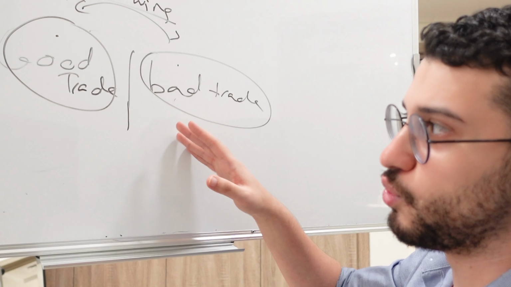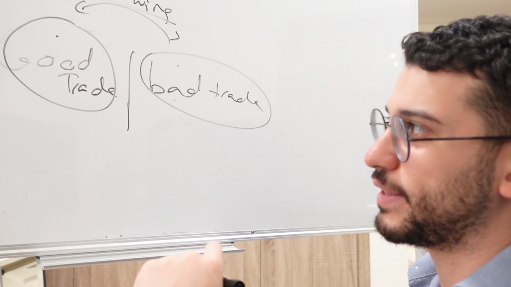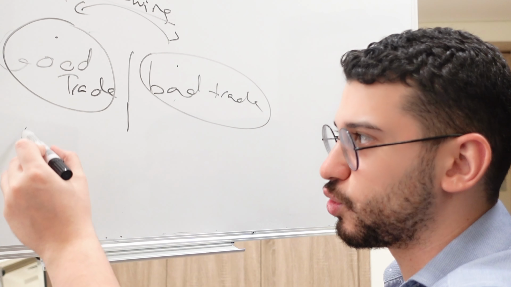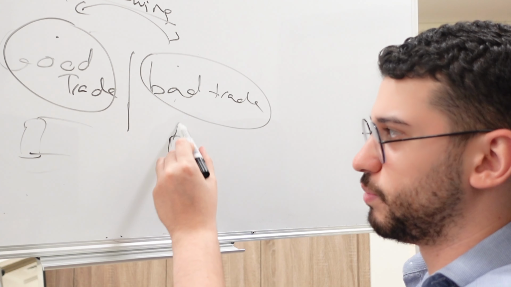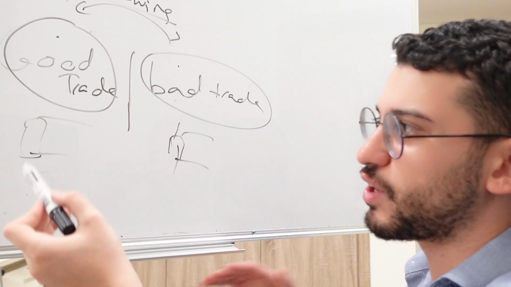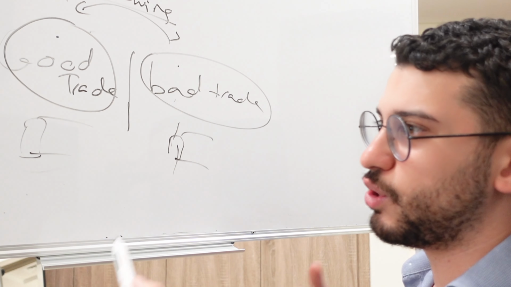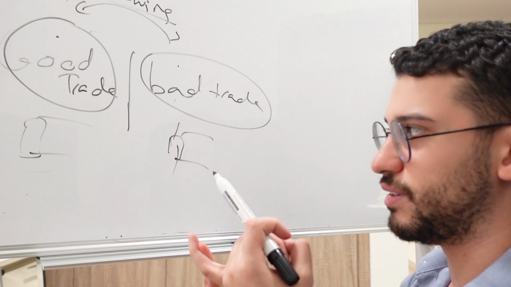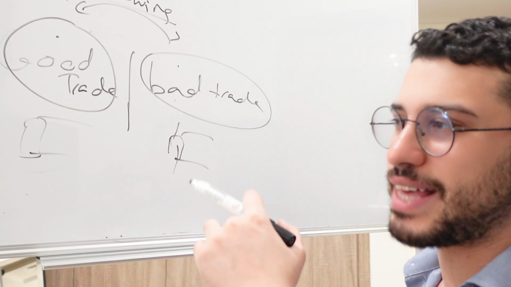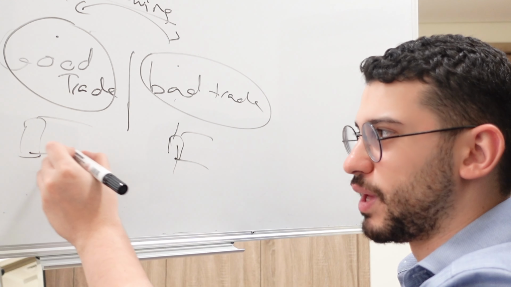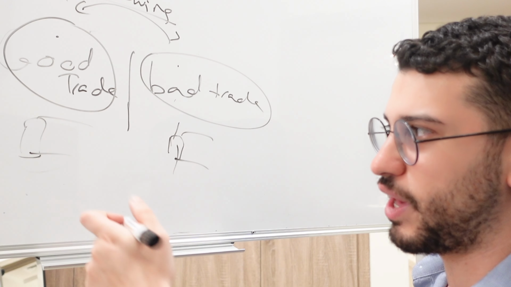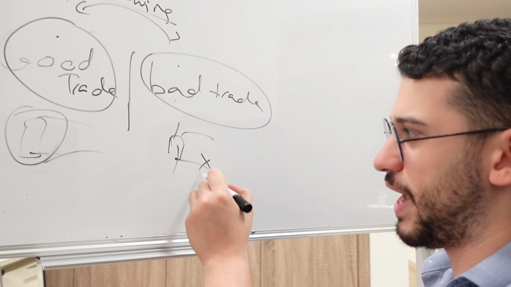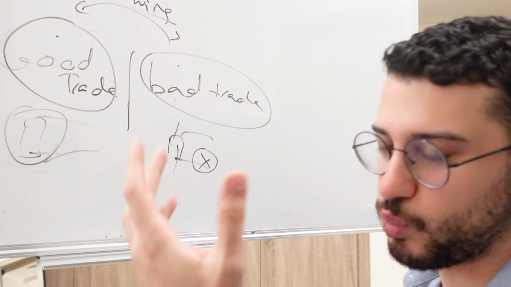Now, the majority of you, whatever answer you just thought about right now, you just pulled it out of thin air. You watched a YouTube video and you determined that this is a good order block and this is a bad order block. You determined whatever criteria you have for your strategy either because someone told you that this is a good or bad criteria, or number 2, you've seen it happen once or twice. You've seen this order block work out, let's say, twice in your trading strategy, and you determined, okay, this works, this is what I want to use, and this right here is bad. Why? Because maybe it didn't work out once.